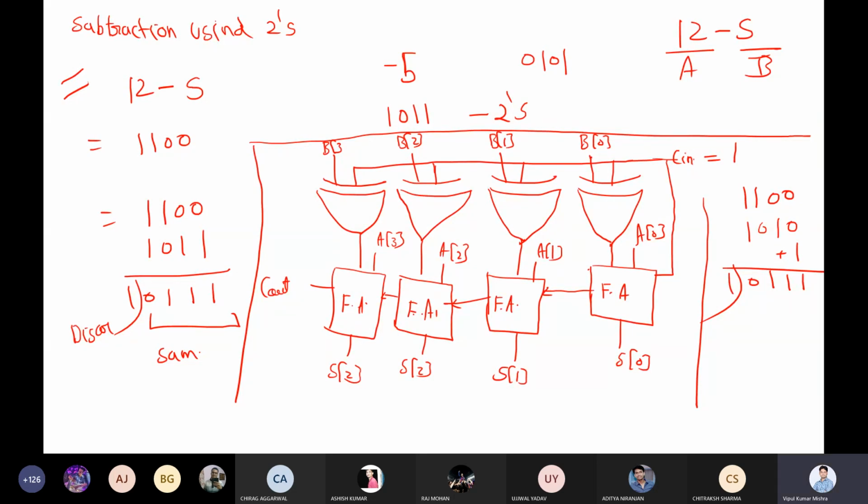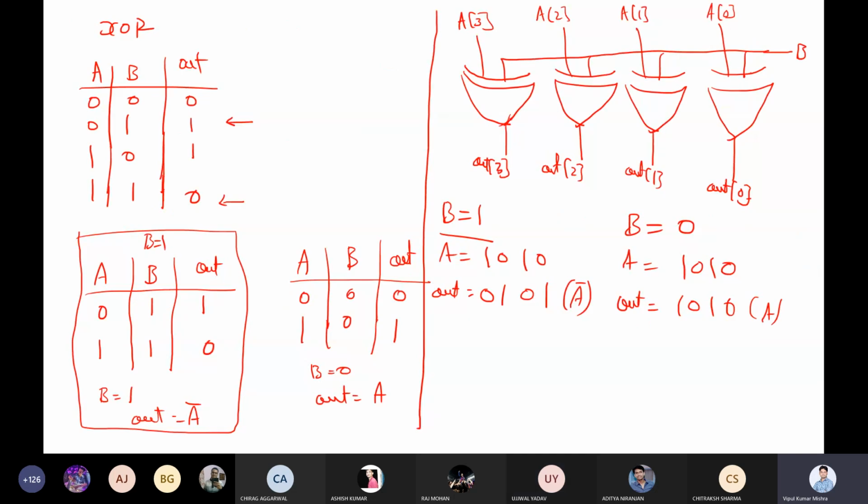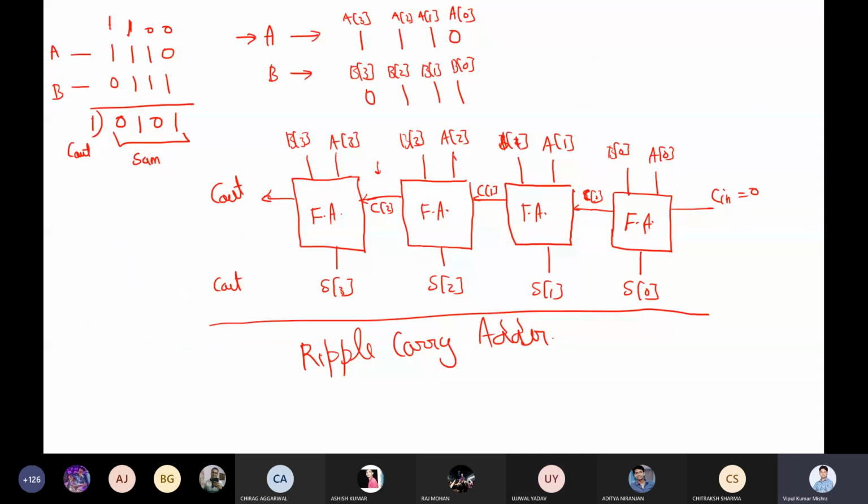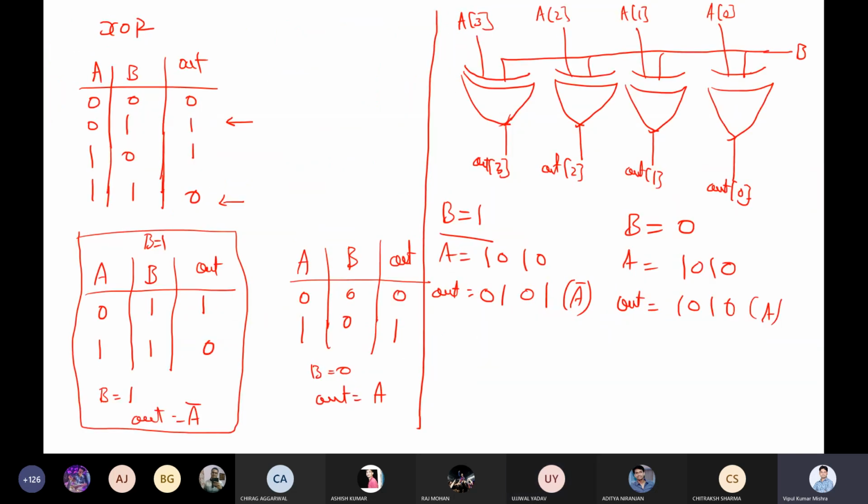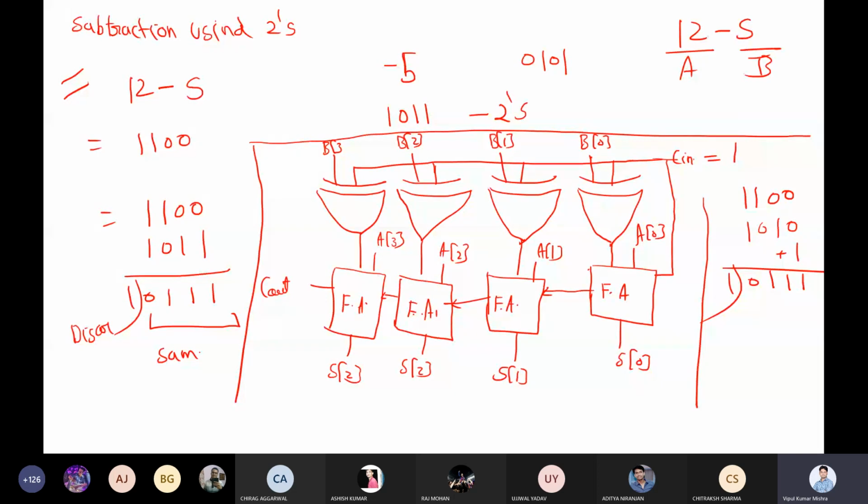So I hope you understand each and every bit of this. Sir, can't it be done with one XOR and one full adder, why did we need to make 4? Suppose I want to make 4-bit subtraction, like here. If you want 1-bit subtractor, yes, definitely one XOR and one full adder is good enough.